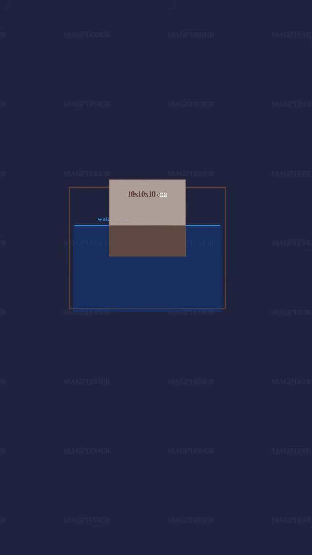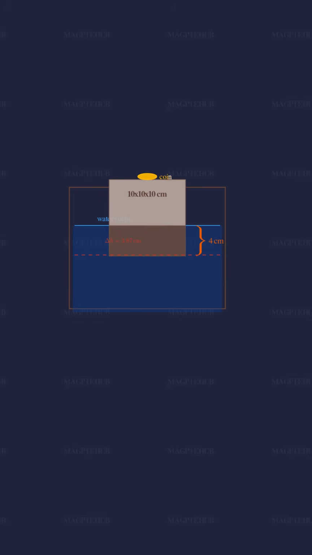Let us visualize the problem. We have a tub filled with water. A wooden cube of 10 centimeters on each side floats in the water. Initially, 4 centimeters of the cube is submerged and 6 centimeters is above the waterline. When a metal cone is placed on top, the cube sinks further by 3.87 centimeters, making the submerged depth